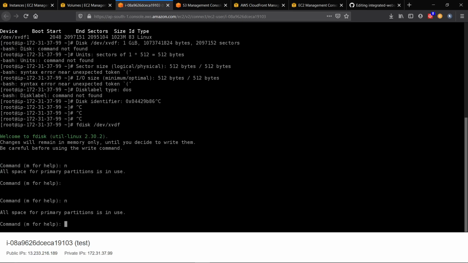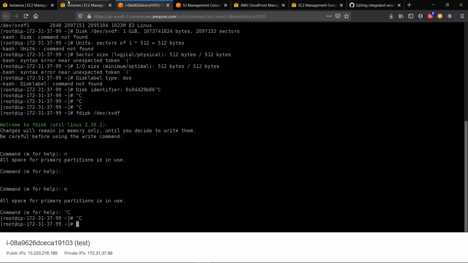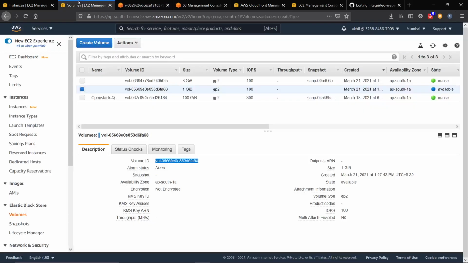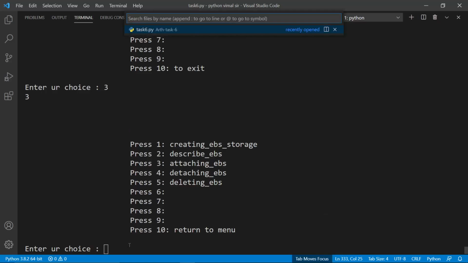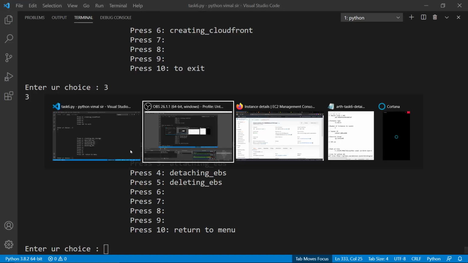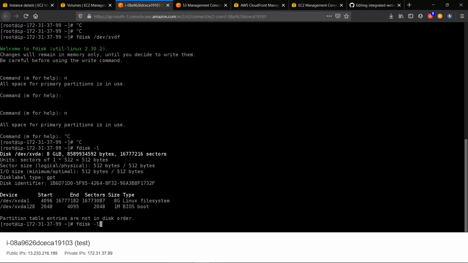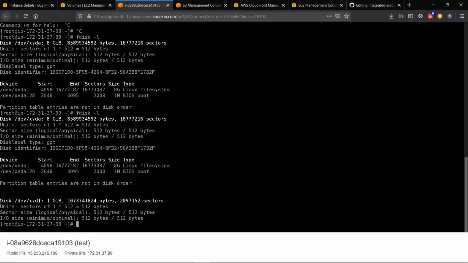Sorry, I think the partition has already been created. So I am attaching a new one. I have created a new one as it was already partitioned. I will again do fdisk -l. So I have this. Let's do the partition for this.